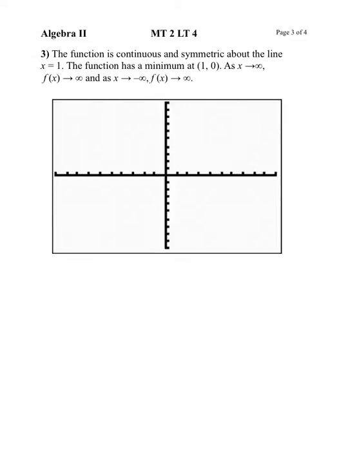And it's symmetric about the line x equals 1. So what I'm going to do is I'm going to use a light color. I'm going to draw a vertical line around 1. X equals 1. So whatever I do on the left, I'm going to do the same thing on the right. The function has a minimum at (1, 0). So I didn't need to draw my line all the way down because it can't get any lower than (1,